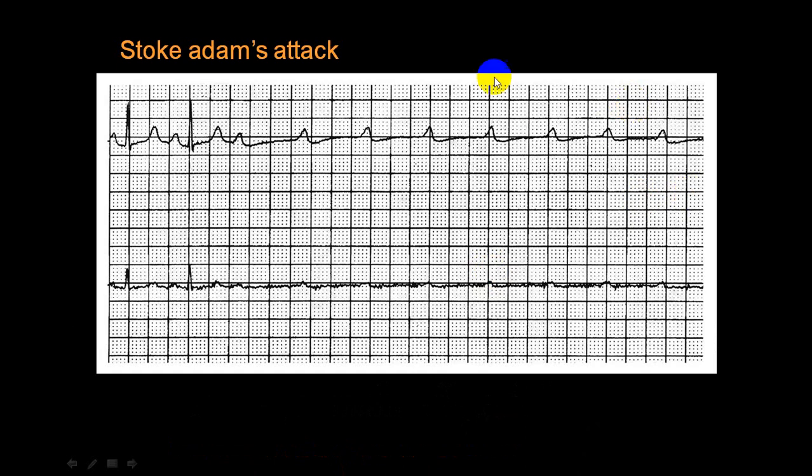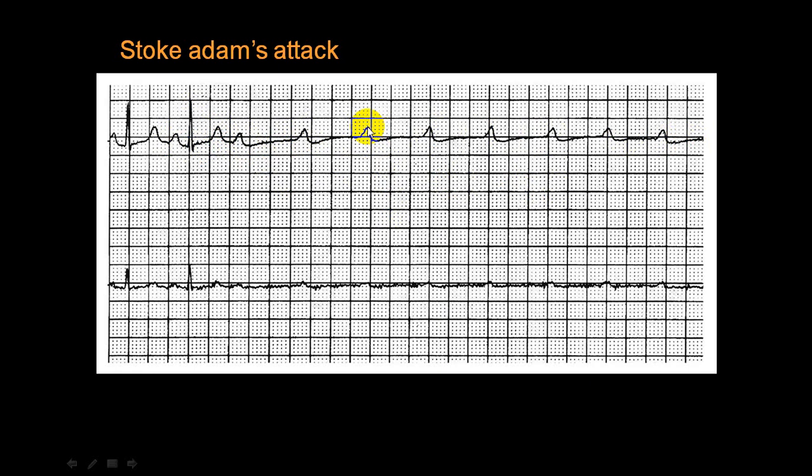Now this is a very interesting ECG. You can see that this is a normal P wave, QRS complex, T wave, P wave, normal QRS complex, T. And now you can see that this P wave is not followed by QRS complex. These are all P waves. It is not followed by QRS complex. During this time, there is no ventricular contraction, no blood supply to the brain, and the person will have a syncope. And this is a classical example we call a Stokes-Adams attack.